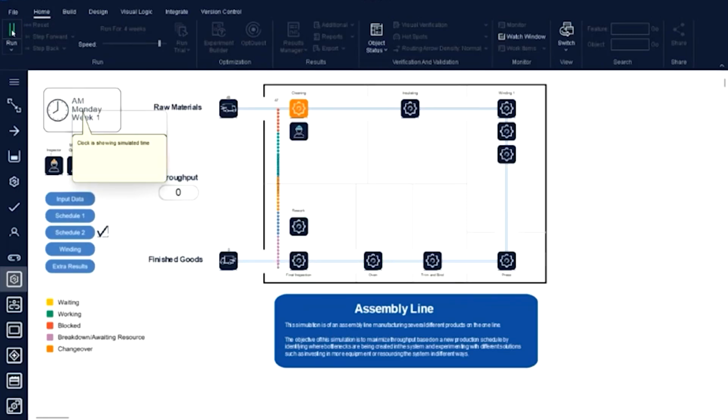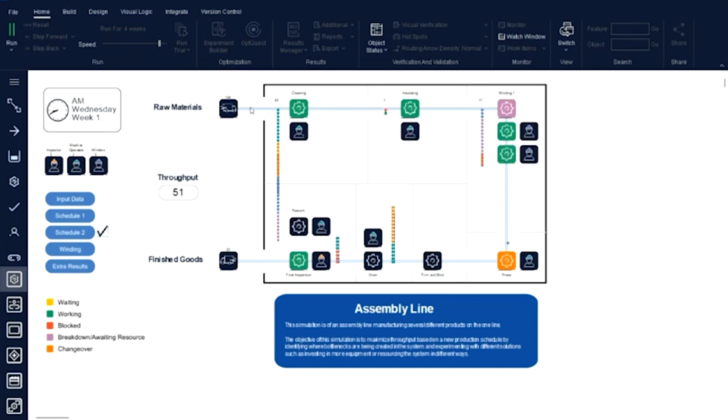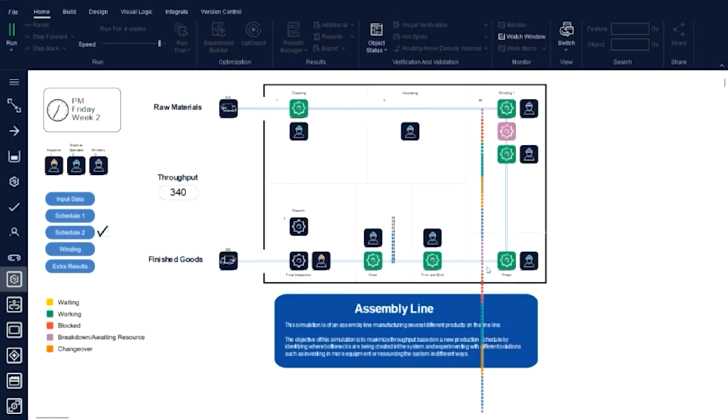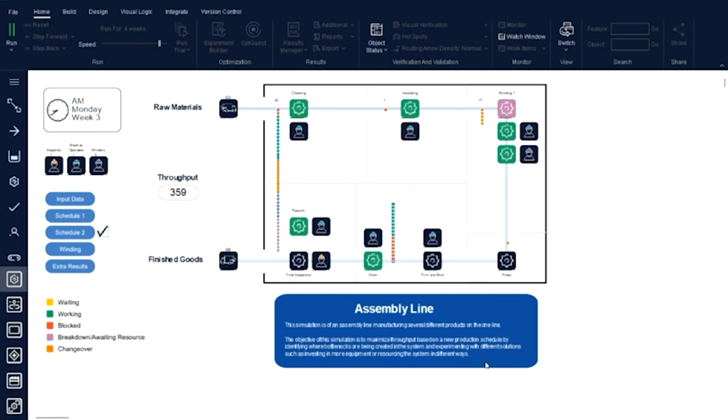Reset this for you. You can see with more parts coming in this month-long simulation, you see them bunch up here at the first step. Then do you notice anything interesting about the winding stations? Remember how that would build up before, but then we'd always make it through them all before the next batch of raw materials comes in. But here, now that we've gone to schedule 2, where we're looking at like 50% more per month, per week even, per shipment, you can see this winding bottleneck never goes down. It just keeps, I mean, it oscillates a little, but it just keeps building. If we speed this up to the end, you'll see